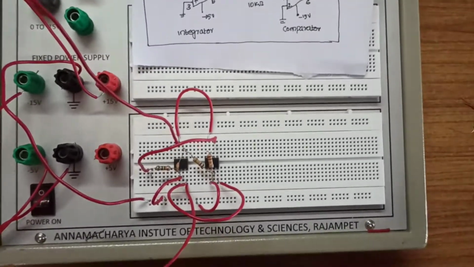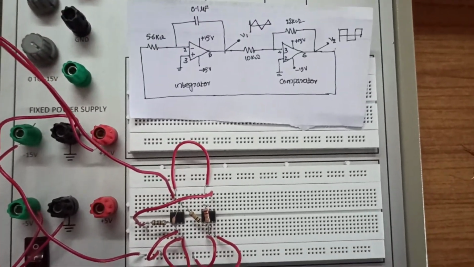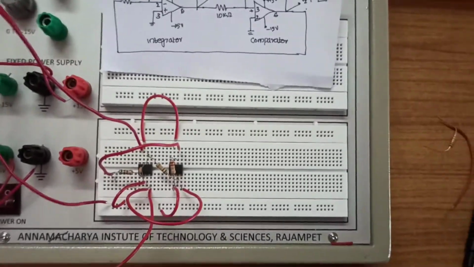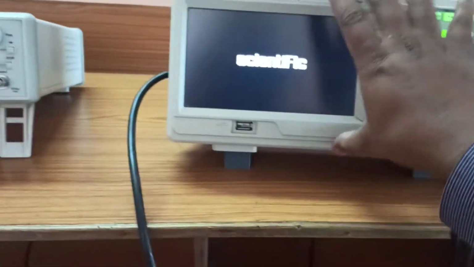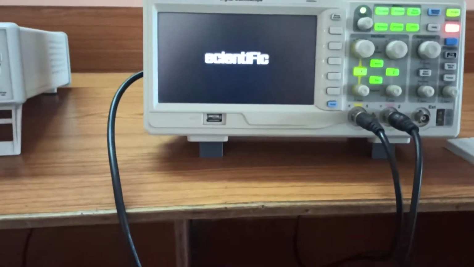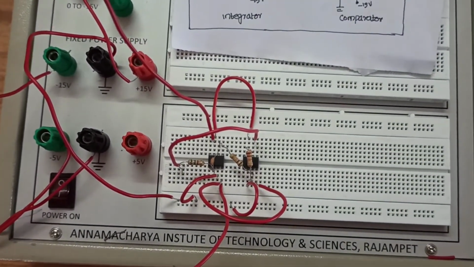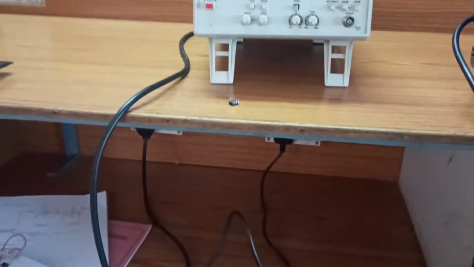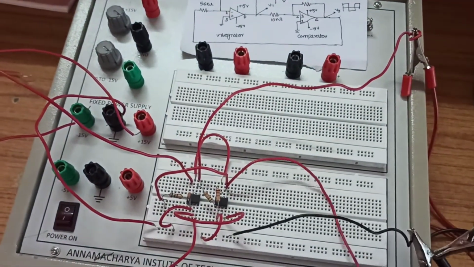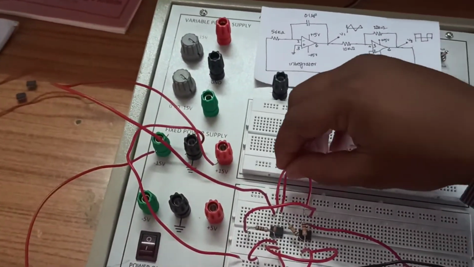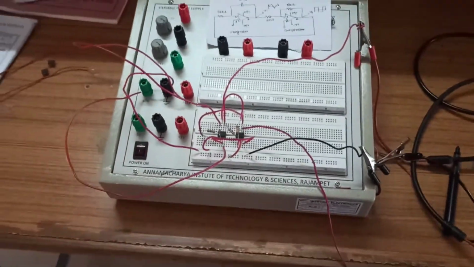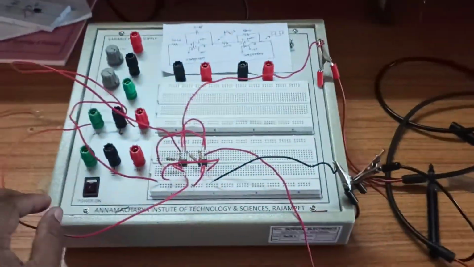To observe the outputs, we have to check pin 6 of both stages of amplifiers. For that we require a CRO, an oscilloscope, and let us see the outputs of this circuit at stage 2 pin 6 as well as stage 1 op amp pin 6. Now I have connected both the channels. Channel 2 is connected to stage 2 of the amplifier, and channel 1 is connected to stage 1. So let us turn on the supply and observe the outputs.